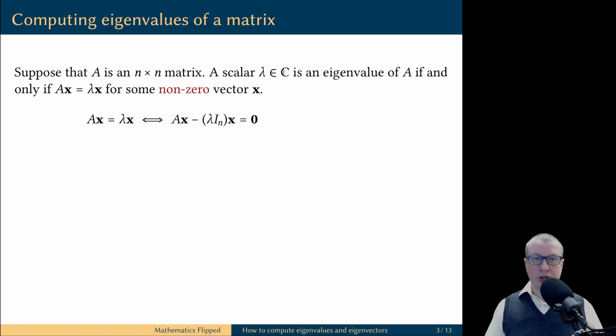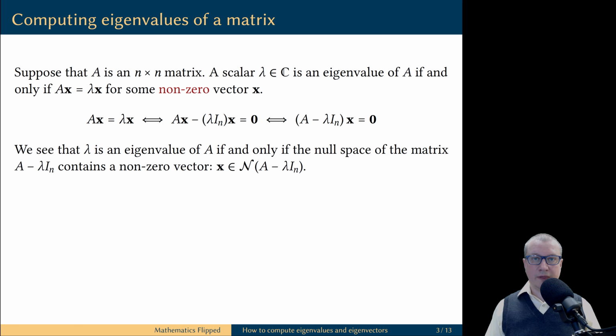But now, the equation Ax equals lambda x holds if and only if the following equation holds. We can replace the scalar multiple of a vector x by the scalar lambda with the matrix vector product, where the matrix is the identity matrix scaled by the scalar lambda. Please check that multiplying vector x by this matrix is the same as simply scaling the vector by lambda. We then use properties of matrix product, namely its distributive property, and we rewrite this equation as follows.